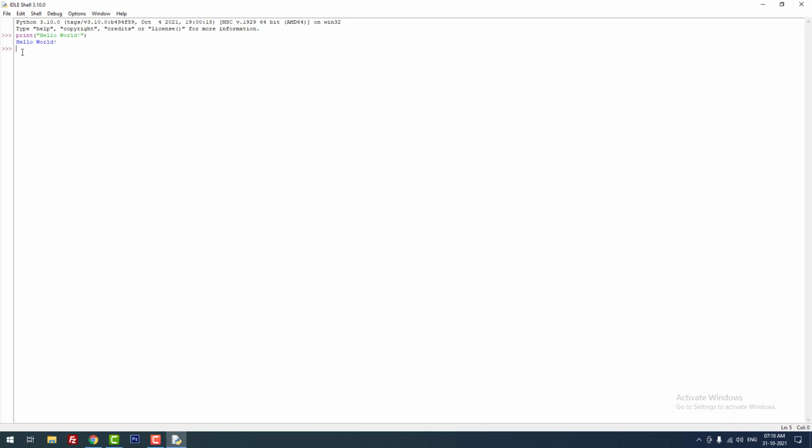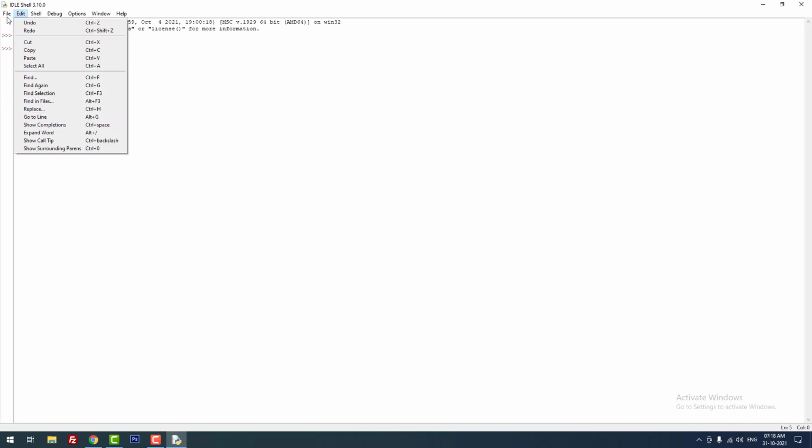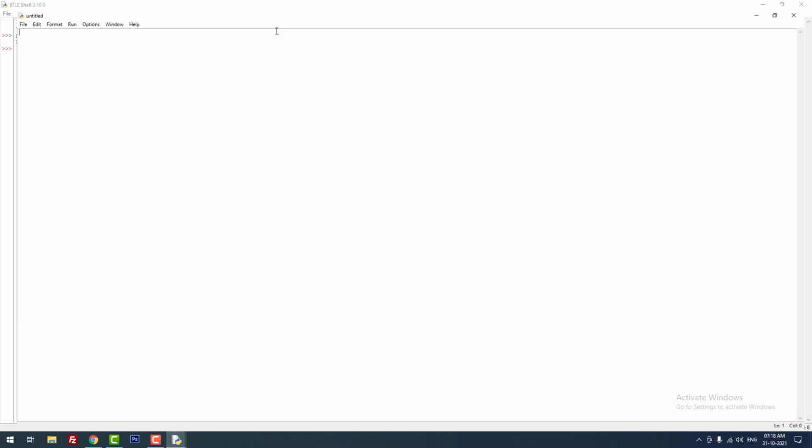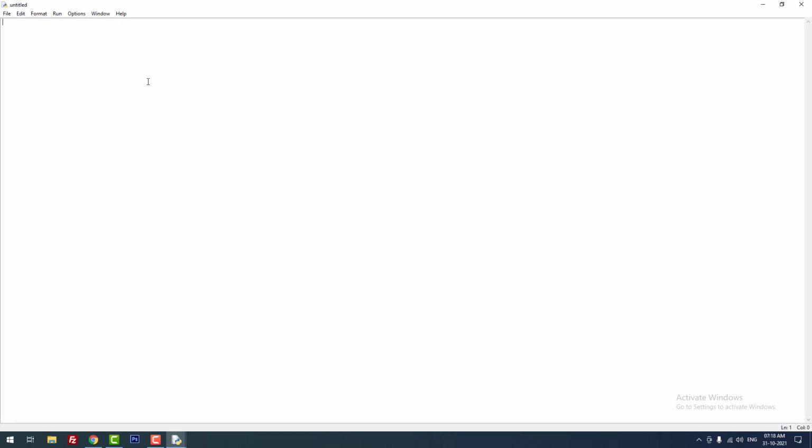If you want to create and save Python files as .py, then you have to click file, then new file. Otherwise, you can use the shortcut Ctrl+N. It will open a new file. Then I am going to get the input from the user. For that, I am going to use this command: enter your name. Finally, I am going to print hello, then the name. Yes.